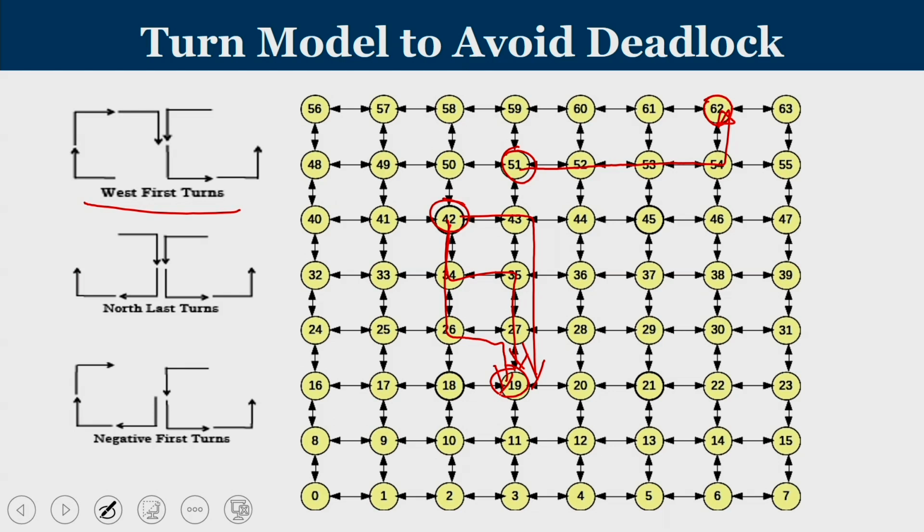The whole point we have to understand from here is, every router has to incorporate the same routing. It is not like some router will do east last and some will do north first. No, that is not possible. To ensure that certain turns are prohibited, every router has to be implemented with one of these routing.